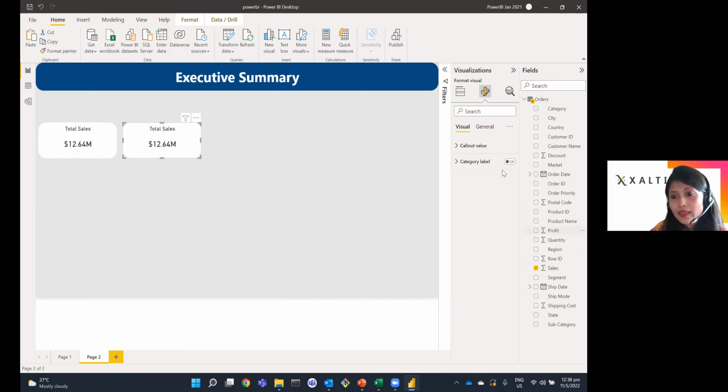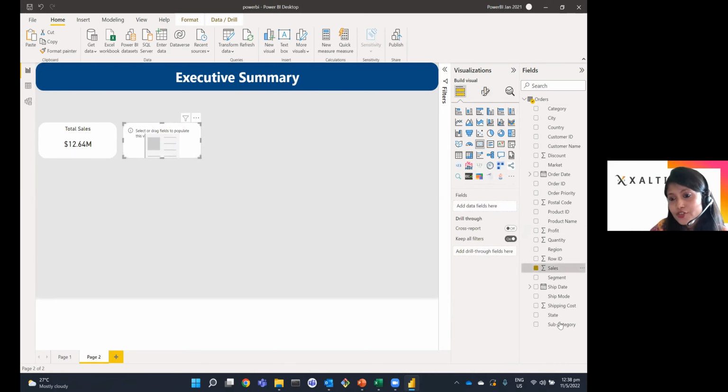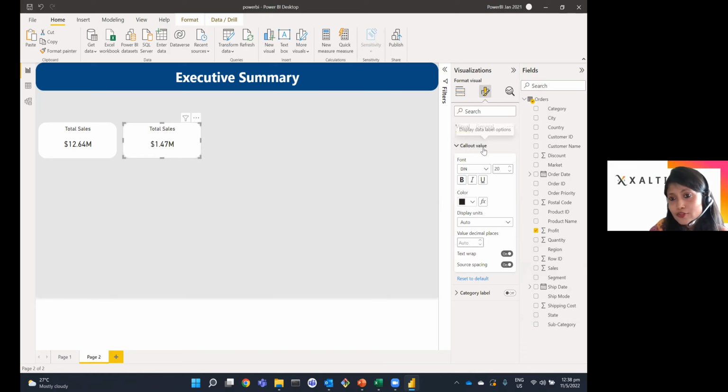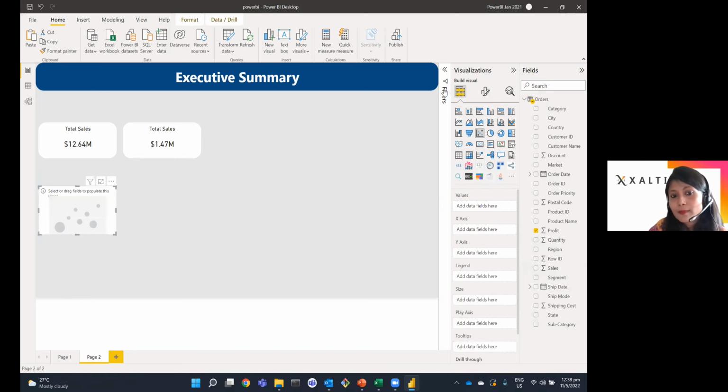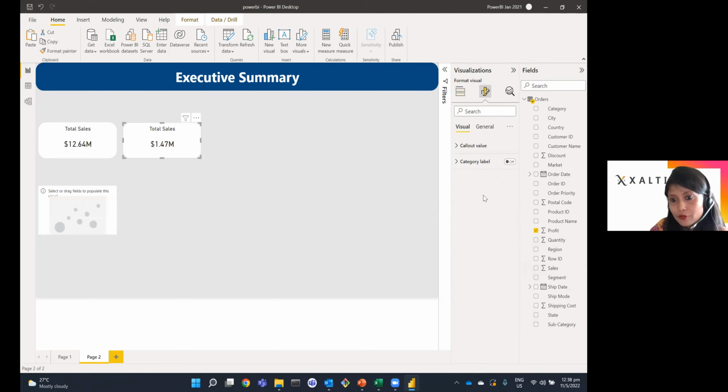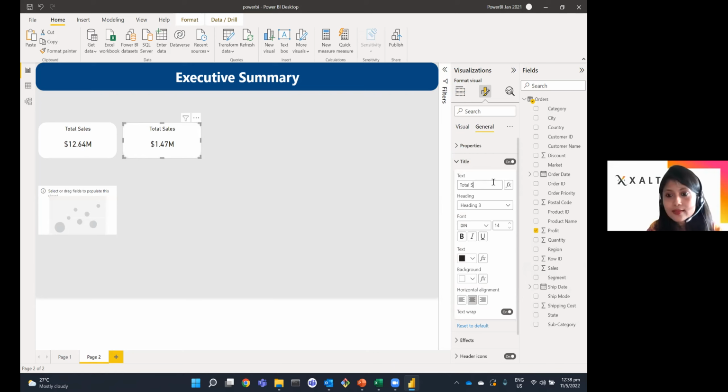And then I'm going to quickly get rid of the sales there, and I'm going to drag in the profit to display the profit, and a bit of formatting to actually mention that this is a profit. Oops. A bit of formatting that I'm going to do is firstly to change the title that displays that this is a profit. Perfect.